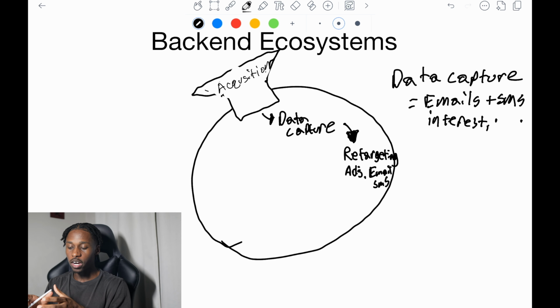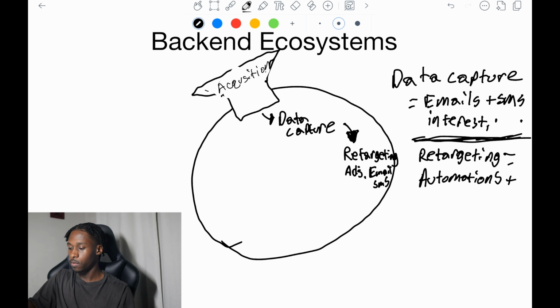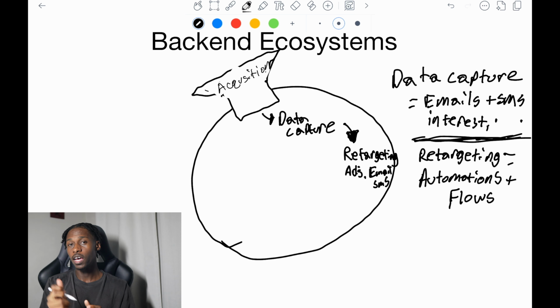And this retargeting of these ads and the emails and SMS is actually done through flows and automations. Once you capture that data, no matter the source, that first party data, that's when we throw it